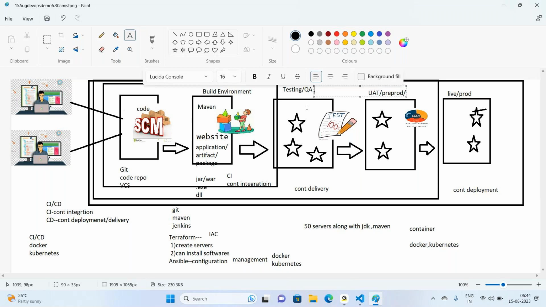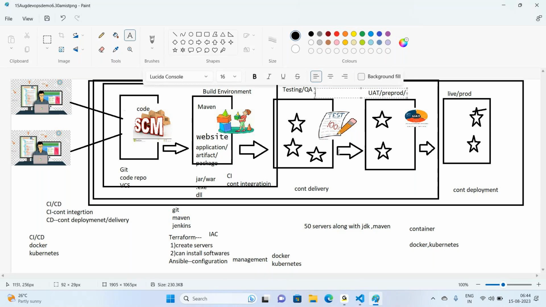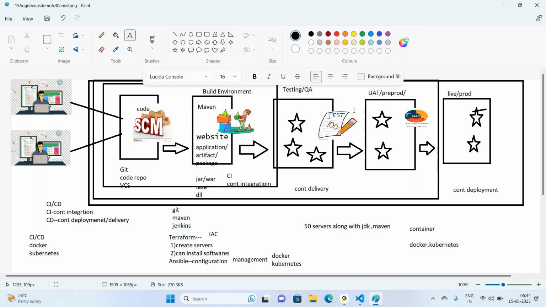To test your application, we need to have hundreds of systems, tens of systems. That is also one environment. So here also we need some servers along with Tomcat or other software installed. And once the testing is over, once the tester says okay,